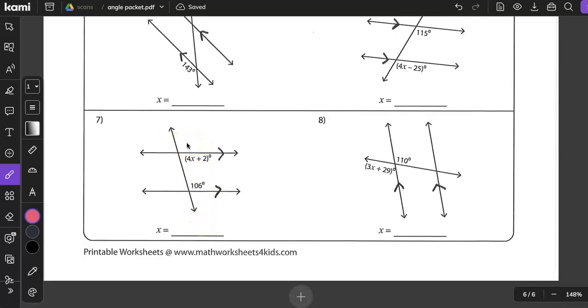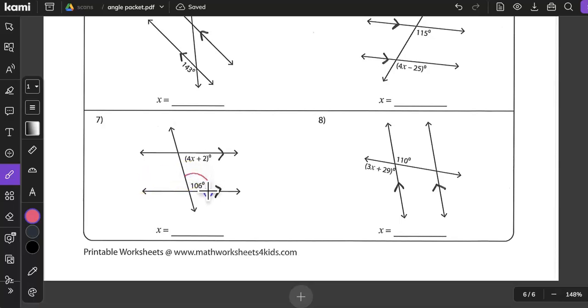And here's the thing, the lines are parallel. So, the number 7 here, we haven't talked about what kind of special relationship this is. That doesn't mean, though, that we can't solve this problem, because there are still special relationships in this picture. And what I see here is I have 106 degrees. So let me think about, since these lines are parallel, what else is congruent to this 106